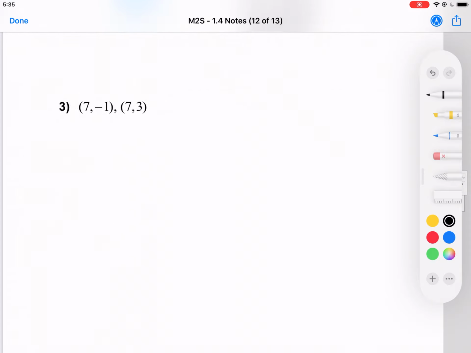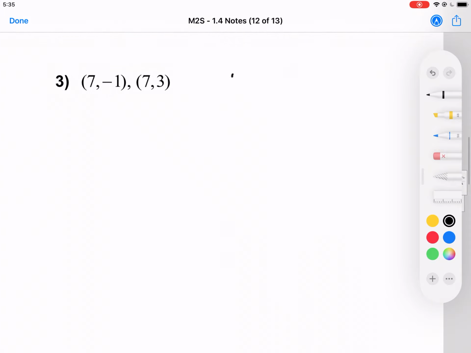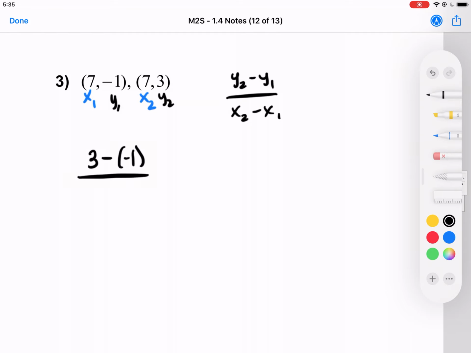All right, let's do number 3. Once again, we're doing y2 minus y1 over x2 minus x1. I'm going to label them. The x's always go first, so that's x1, x2, and then the y's are y1, y2 right here. So y2 is 3 minus our negative 1, all over our x2, which is 7 minus 7. When we subtract a negative, it's like adding, so this is 3 plus 1, which is 4. 7 minus 7 is 0. So